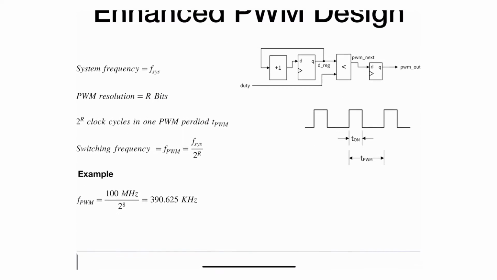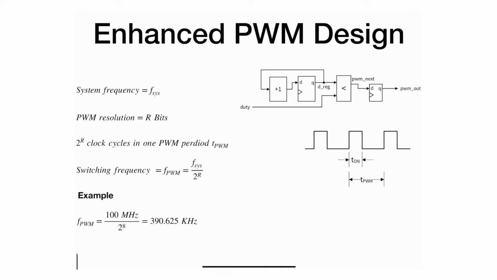So in here, I want to talk a little bit about this particular concept of the system frequency and how we do it. In terms of the frequency, if I take the basic design and just follow the frequency and nothing else, let's assume that the system frequency is F system, and we figured out that the number of bits for this particular register is R bits. That means for every 2 to the power R clock cycles, it's generating one pulse width modulation period, because this actually goes all the way from